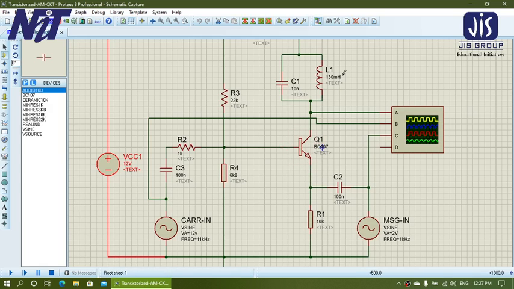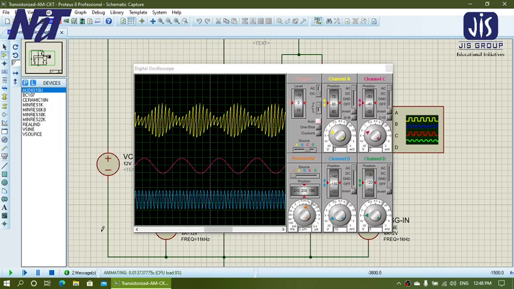Okay, and here, as there is an amplitude modulated high frequency signal over there, we have to use this LC network to keep this signal component isolated from the DC source. Okay, so after completing the circuit, you have to click here to run the simulator. Now you should click on this play tab, then after that your simulation will start.